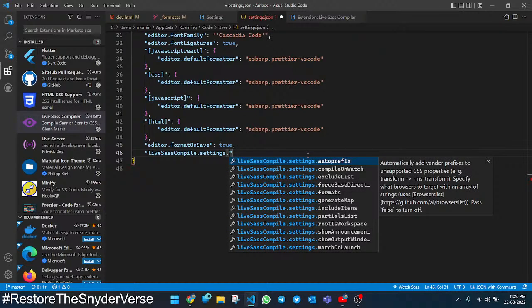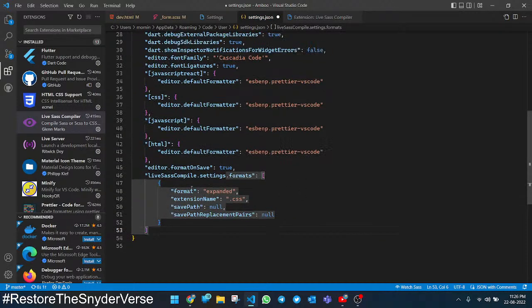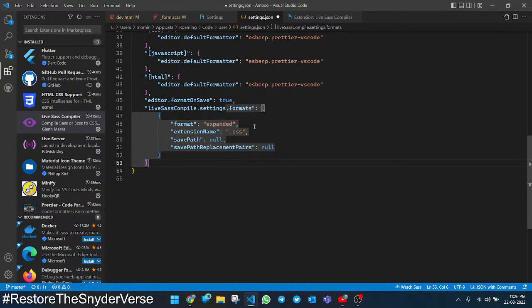What options do we have? Auto prefix, compile, execute, list for formats. Yes, formats. This is what I need. Format expanded, extension name .css, save path. This is what I need to provide to the